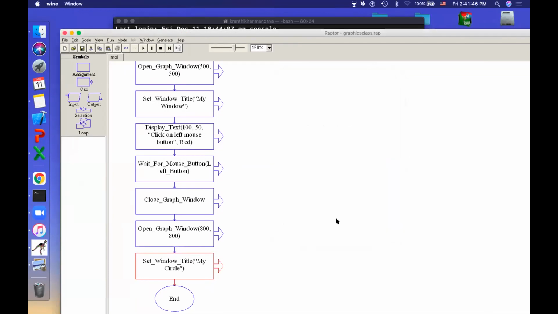Done. Right. So my window, I have placed it as my circle. So I don't display any text now. So better I will create one circle diagram. For that you need to draw a circle, right? So draw a circle. So I will call another function below it.